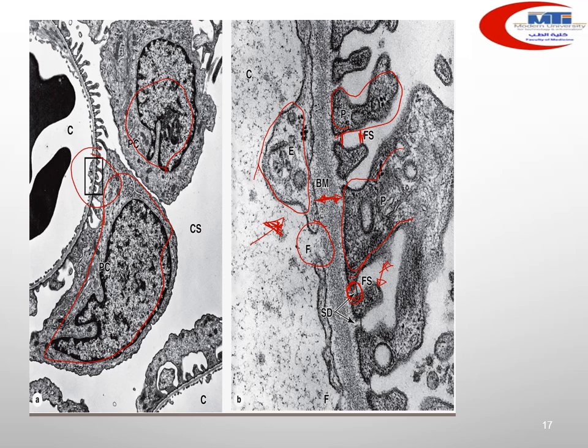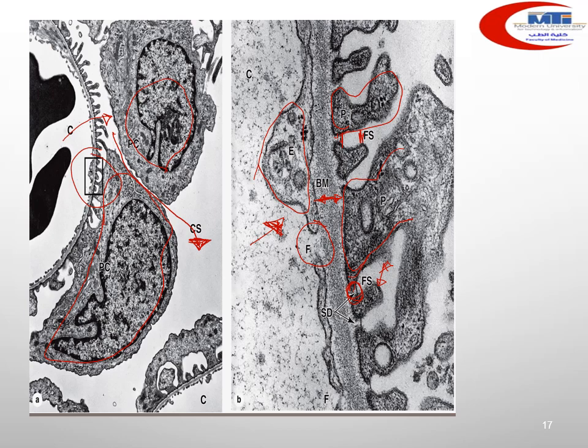The blood is filtered from here to here, and the filtrate passes into this space in the Bowman's corpuscle,